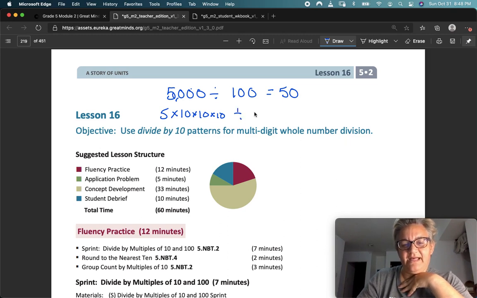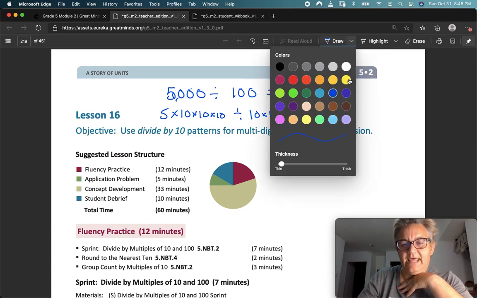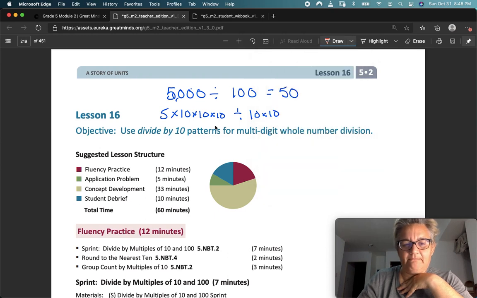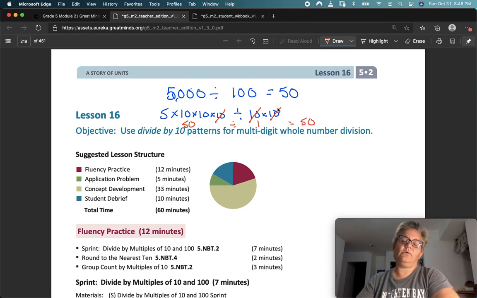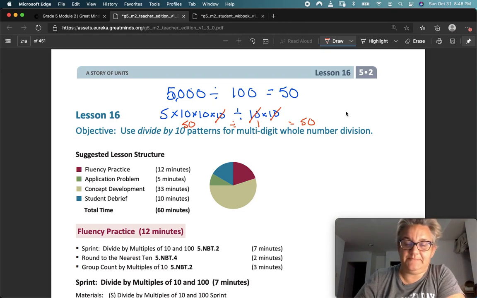Okay, and then if I were to divide by 10 times 10, which is 100, right? What I get here is this one cancels out this one, and this one cancels out this one, and what I have left is 50 divided by 1, and that comes up to 50, okay? Or I could think of it in terms of my place value,